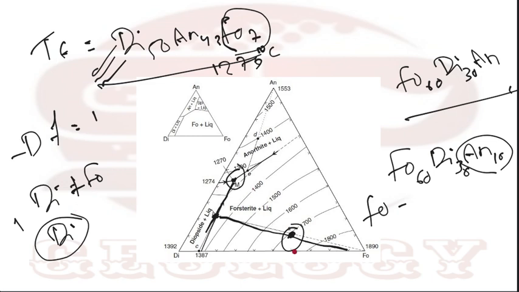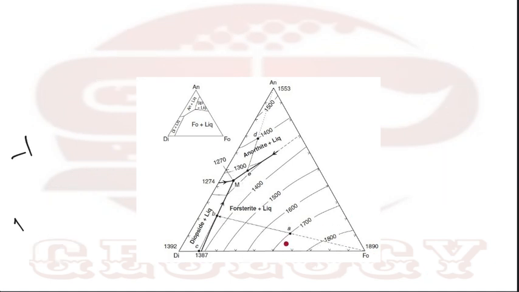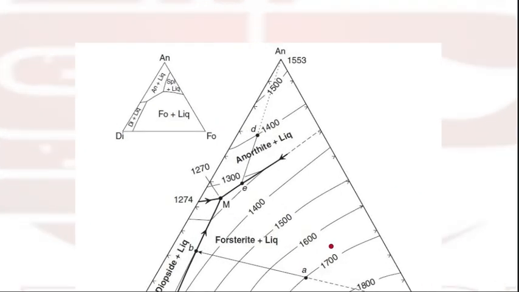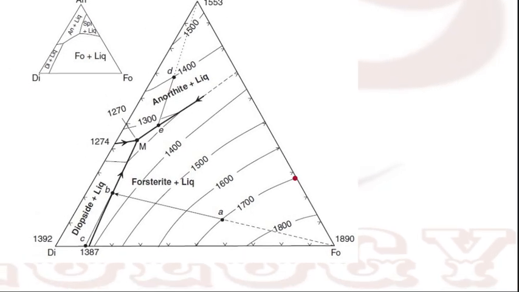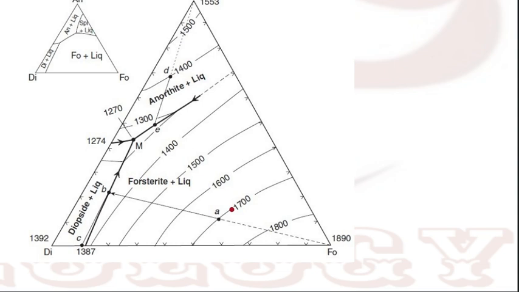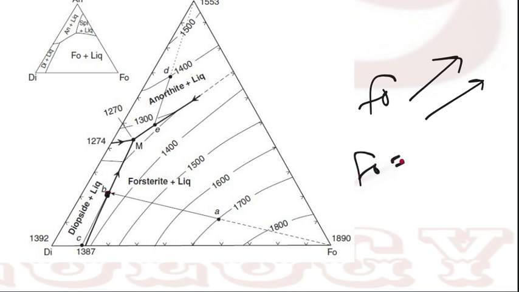Fractional crystallization. I'm moving to fractional crystallization. In case of fractional crystallization, what happens? The amount of crystals that are formed are continuously fractionated from the system. So what happens now? Here phosphorite is formed first from the melt. Then phosphorite is fractionated continuously, going out from the system. At this point, the amount of phosphorite crystal is